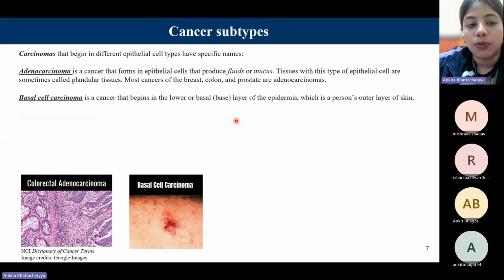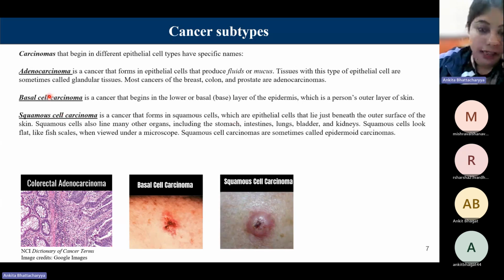Next comes squamous cell carcinoma, which is a cancer that forms, as you can understand by the name, in squamous cells, which are epithelial cells lying just beneath the outer surface of the skin. So basal cells are at the bottommost, and above that are squamous cells. So if you think of yourself, your outermost layer involves your basal cells, and the layer beneath. Squamous cells also line many